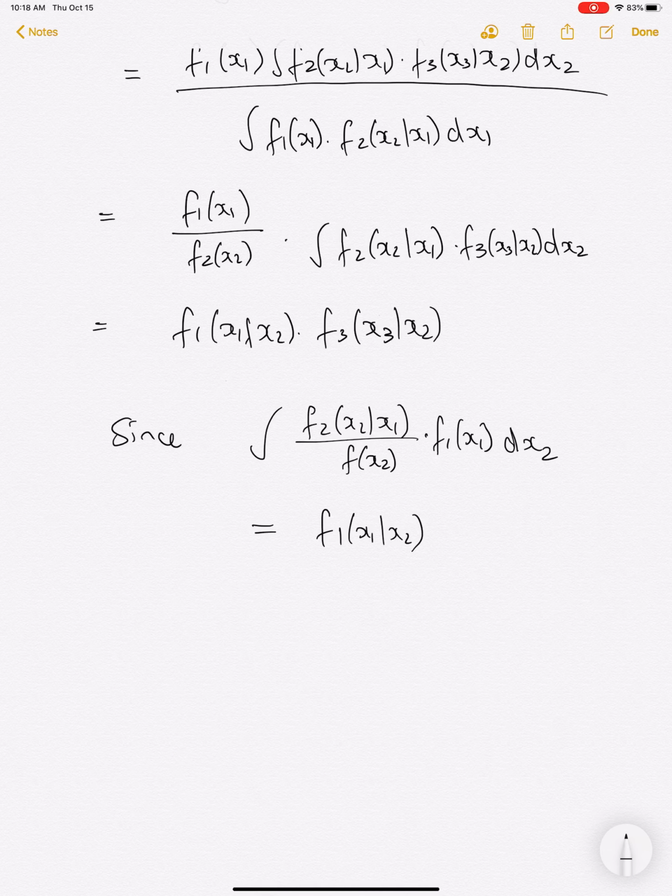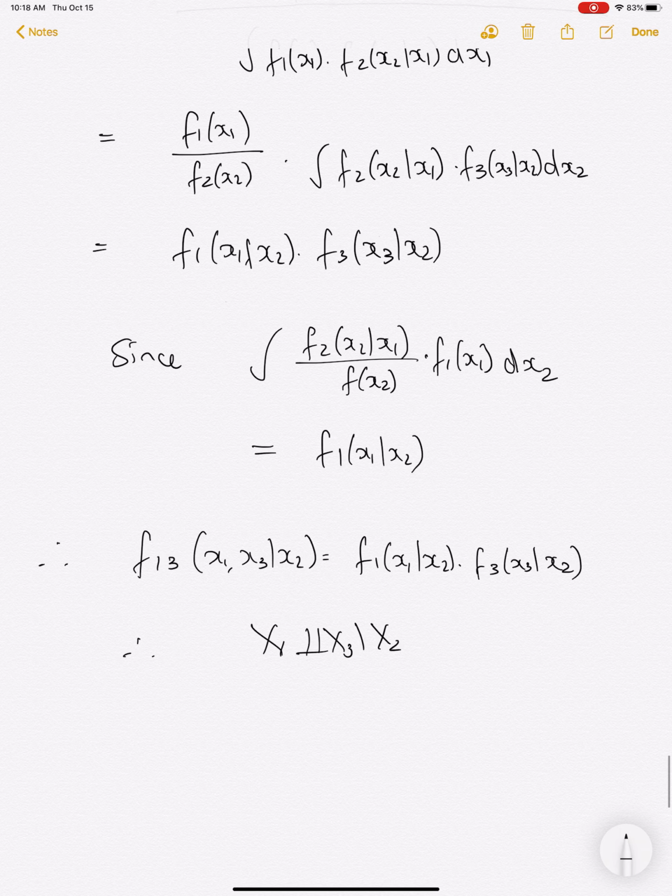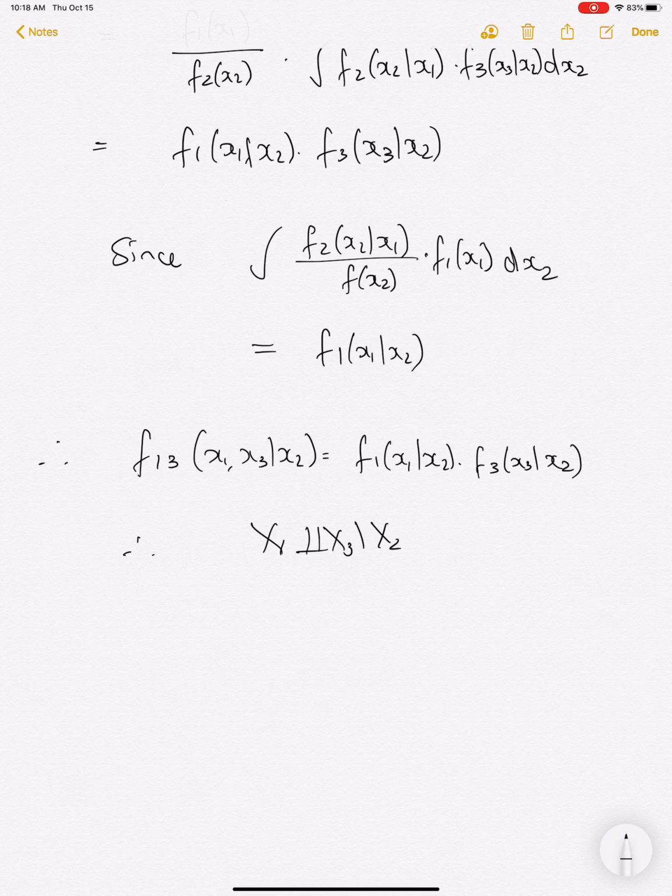All right. So yeah, sorry for that long-winded calculation, but the main point of that was just to show that x1 is independent of x3 given x2. And I guess you can see why I'm not going to prove this result in general, because it's just a lot of messy integration. But that's just to give you an idea of this relationship between conditional independences and the